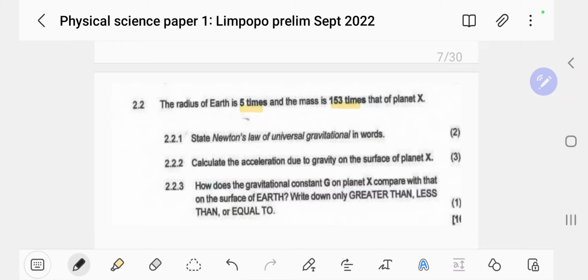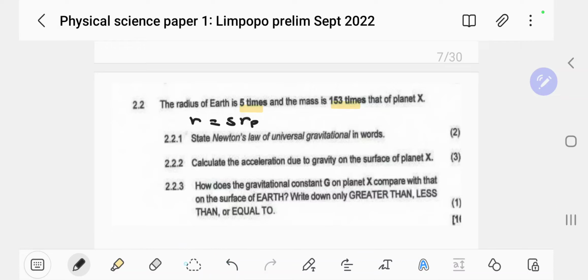And I think I've done this question with my student here, and I may have fed him poison because I think I multiplied this to the mass of the earth, and this is not the case. Okay, so when we are told here the radius of the earth is 5 times, it means r, if we say radius of the earth is going to be 5 times the radius of the planet that we are talking about. Okay, so meaning